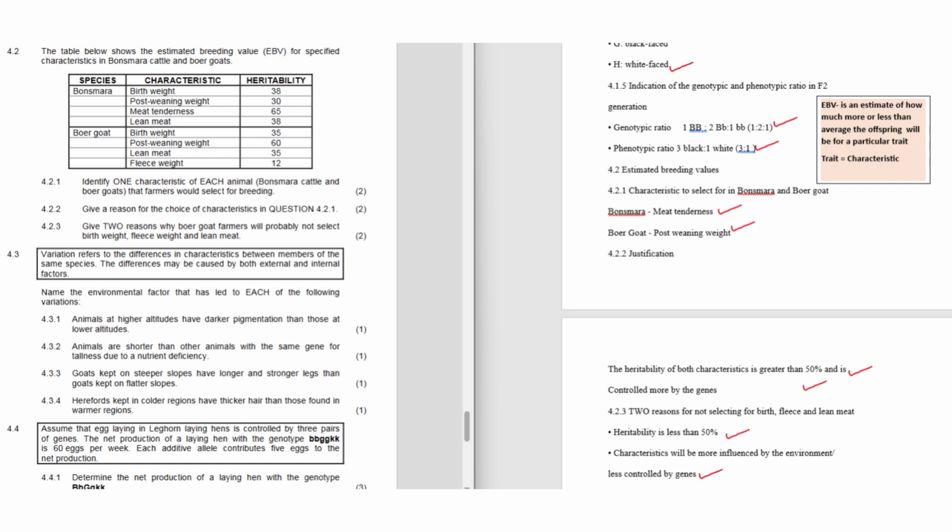4.2.3, give two reasons why Boer goat farmers will probably not select birth weight, loin weight, and lean weight. They can't choose them because they have a heritability of less than 50%. This will make the characteristics less controlled by the genes and more influenced by the environment. And we don't want these characteristics to be influenced by the environment. We want them to be controlled more by the genes. But if the heritability is below 50%, the characteristics will be less controlled by the genes and more